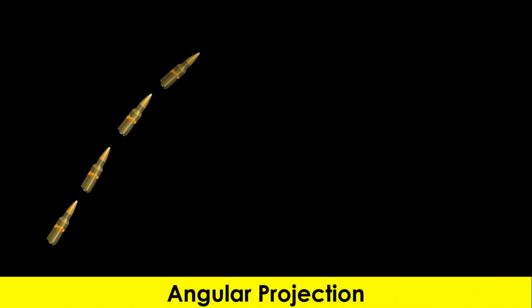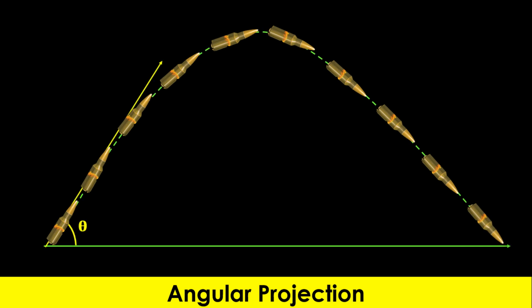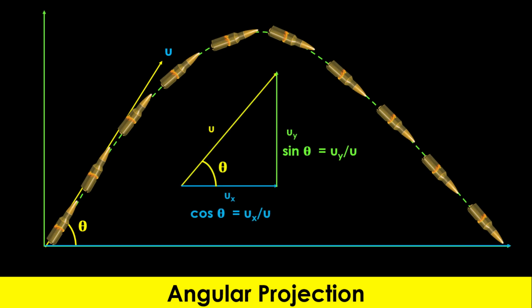Consider a bullet fired into the air, inclined at an angle theta to the horizontal plane and allowed to move under the influence of gravity. It undergoes two independent motions at any point in time, the horizontal and vertical motions, because the effect of gravity on the vertical and horizontal planes are not the same. While the force of gravity will influence the vertical motion of the body, it has no effect on the bullet's